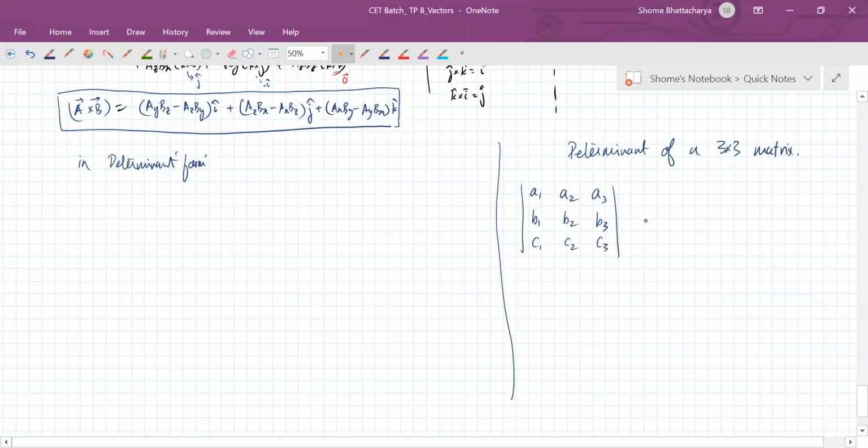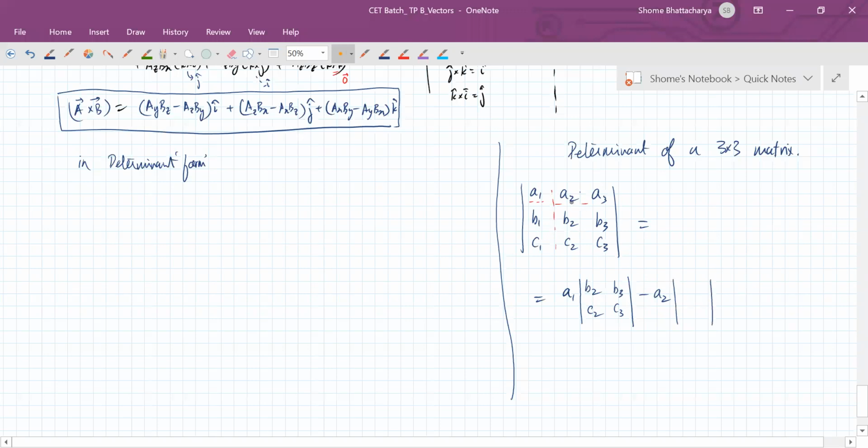So this one's determinant is given by a process where you first take A1 out. When you take A1 out, you remove the first row and first column, so you're left with the second row and second column terms. So you multiply A1 with the determinant of those terms. Then similarly you take A2 out. But you always take A2 out with a minus sign. This is something extra to remember: there's an additional minus sign when you take A2 out.